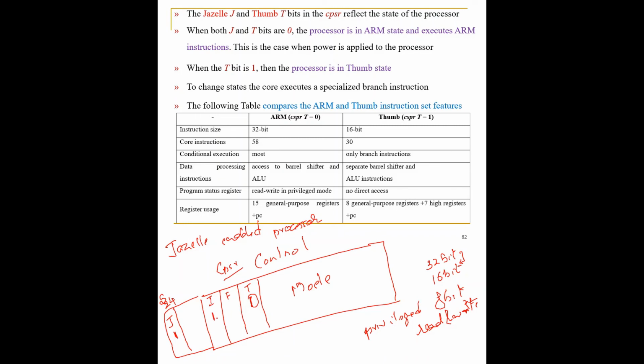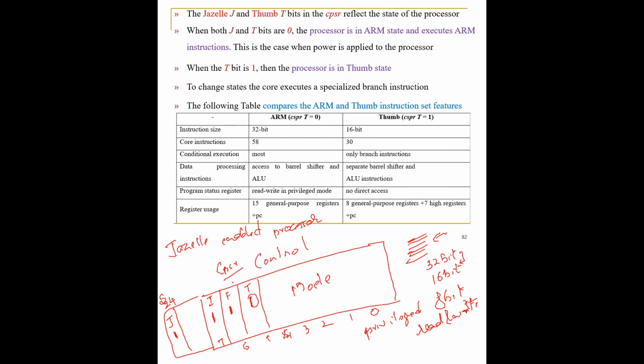Suppose, sir, I want to mask the fast interrupt also. Then you can make this F equal to 1. When the interrupt bit and fast interrupt bit are set, see, this is 5, 4, 3, 2, 1, 0. This is 5, 6, 7, the 7th bit. If you make the 6th and 7th bit equal to 1, then when you are executing a program and an interrupt request comes in, you will not be disturbed, because you have told the CPSR that nobody should disturb me. So you have made the interrupt request bit and fast interrupt request bit 1, and you can mask the interrupt request and fast interrupt request.